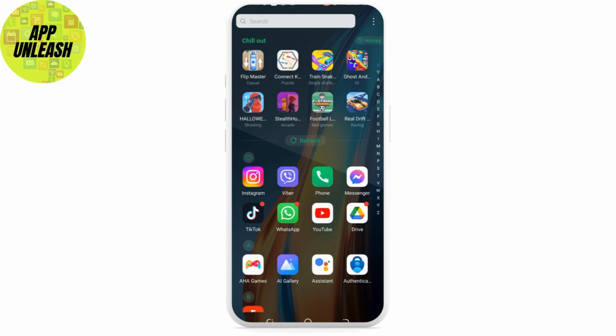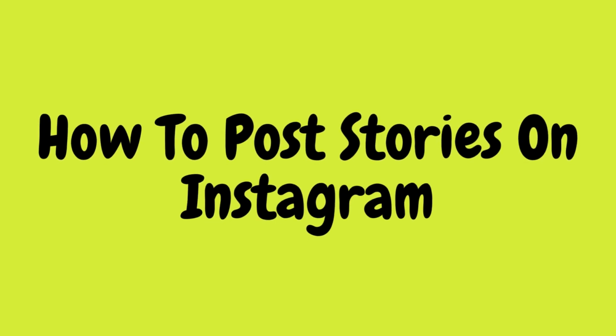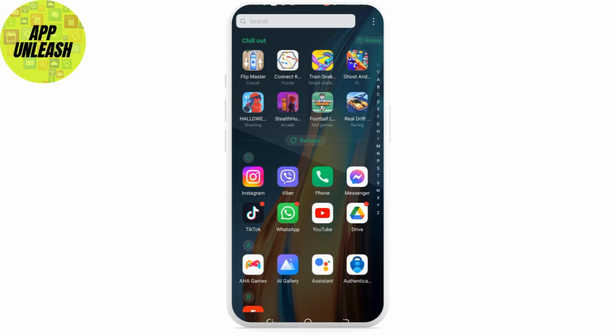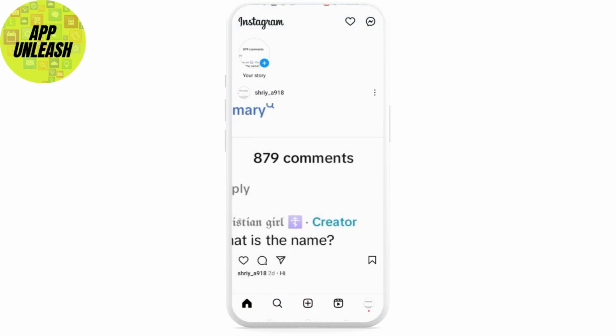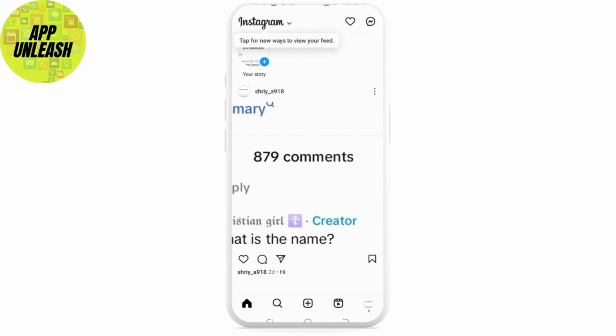In today's video I'm going to show you how to post a story in Instagram. I'll open your Instagram app on your mobile device, and after that, on the top left corner you can see the your story option on the plus icon. Tap on that option,